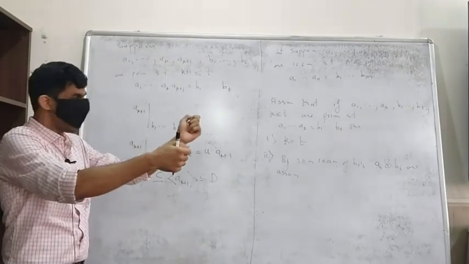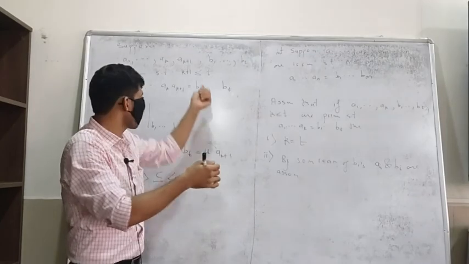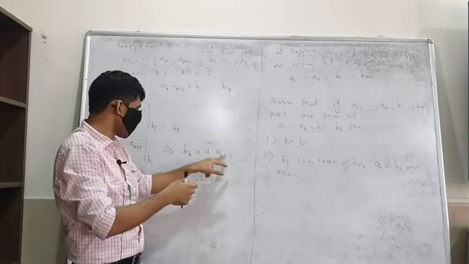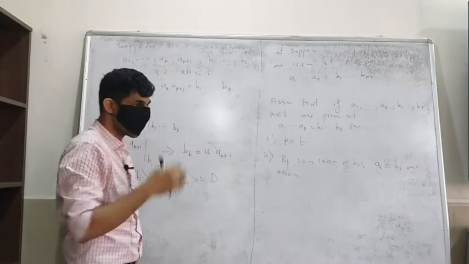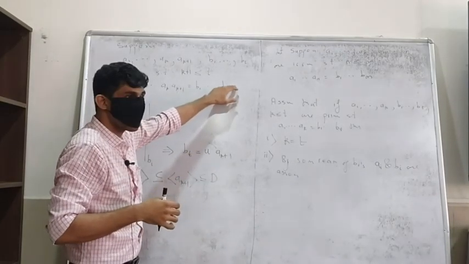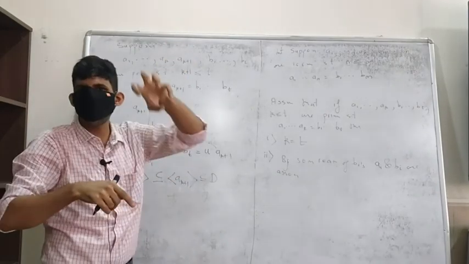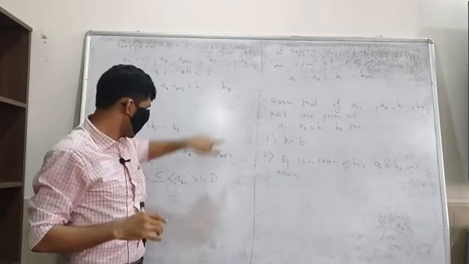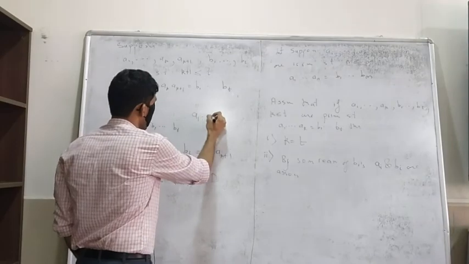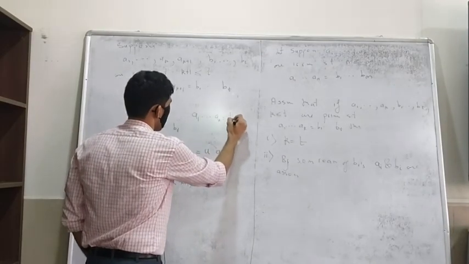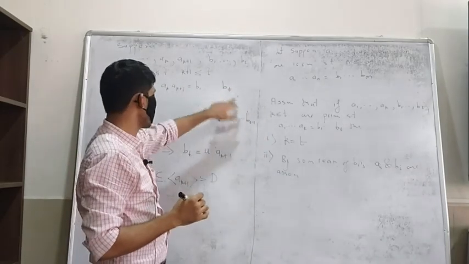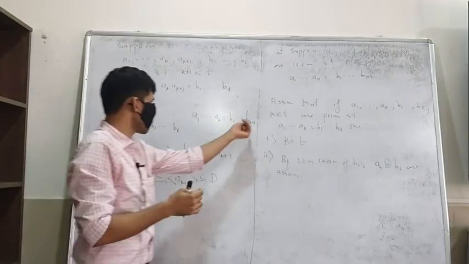You have your bi here, right? Because we want to prove this only by rearranging. So we put that bi over here, and bt becomes u times a(k+1). Just switch those two. Now what happens? You have this a(k+1) here, you cancel that out on both sides. You can push that u to one of them, it doesn't make a difference. This u, you push to one of the primes here, and then you will get a1 up to ak equals b1 up to b(t-1), with a prime on that because that is simply u times b(t-1). It doesn't matter what you push it to.